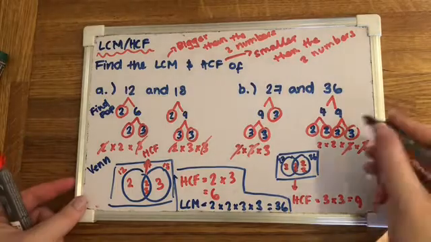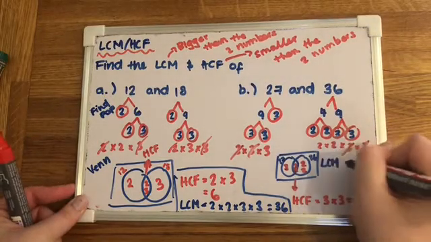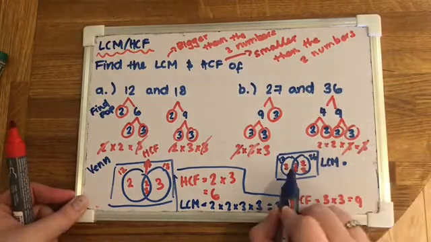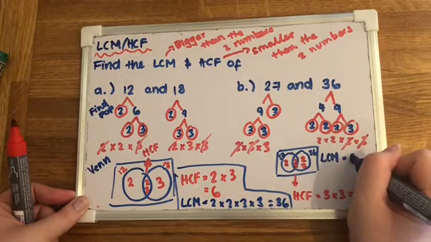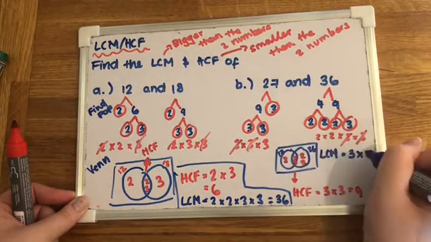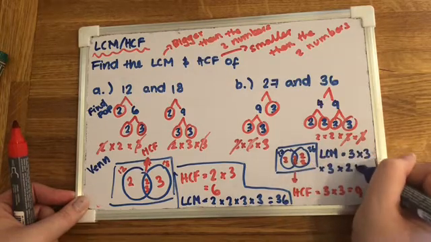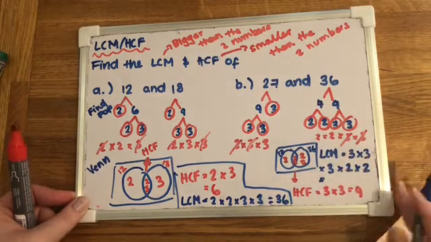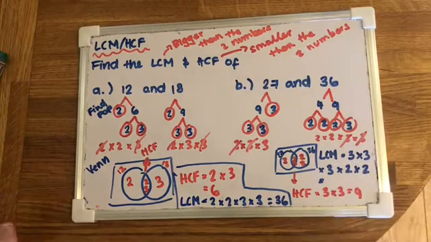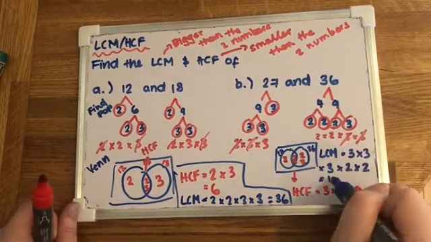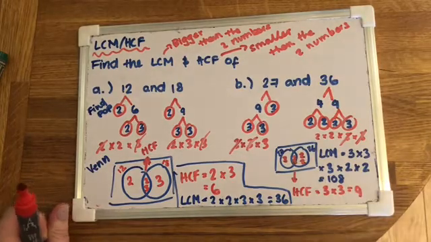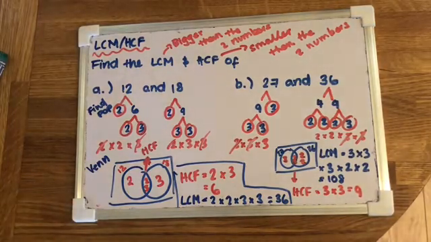And then the lowest common multiple are all the numbers multiplied together. So we've got a 3 in the 27 one, we've got 2 3s in the middle, and we've got 2 2s there. So that's 27, 54, 108. Okay. So these